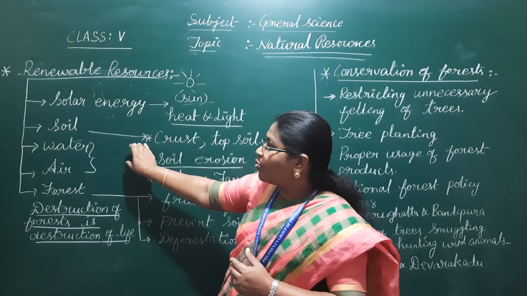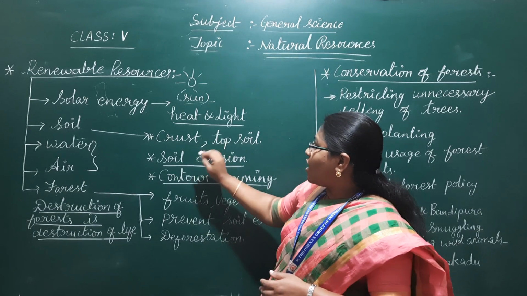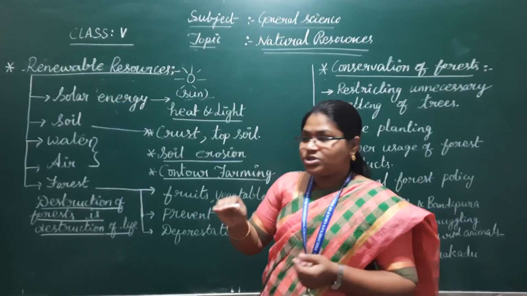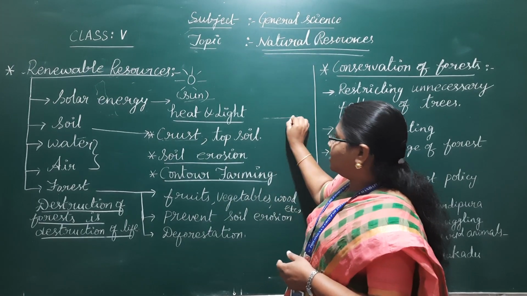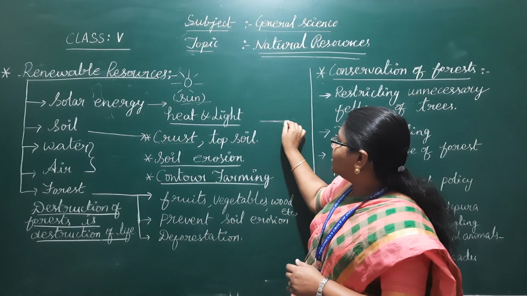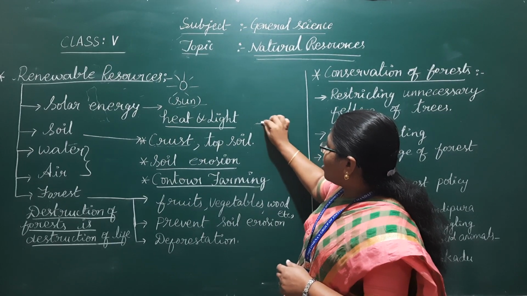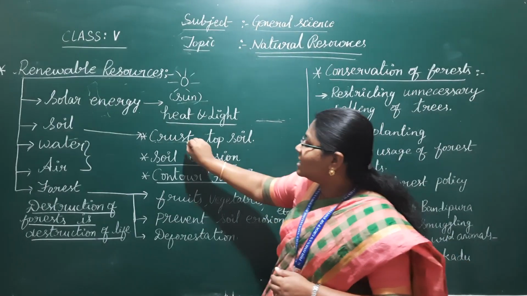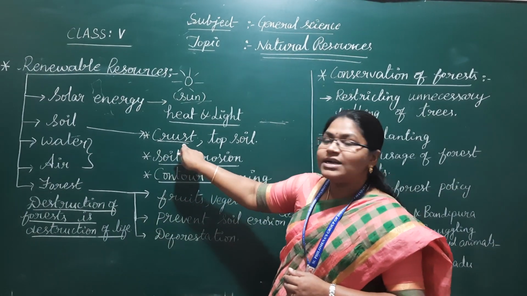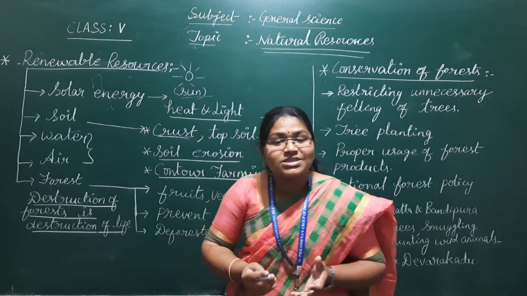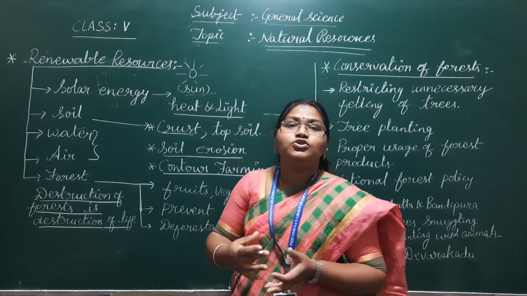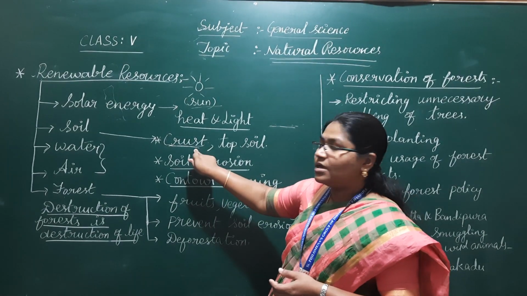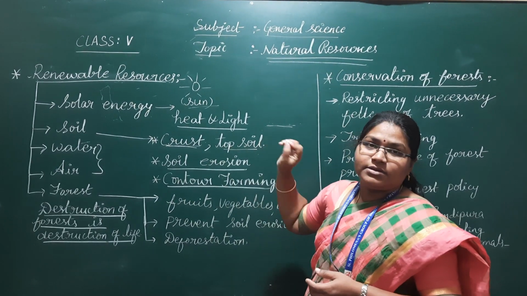So here is one more point you have to know. What do you mean by crust? A rocky, topmost, outermost layer. Suppose this is the land. Just imagine this is the land where we can walk. This rocky outermost layer of the earth is called the crust. This crust contains many organic substances and many minerals which are useful to plants for growth and development. This layer we call topsoil.